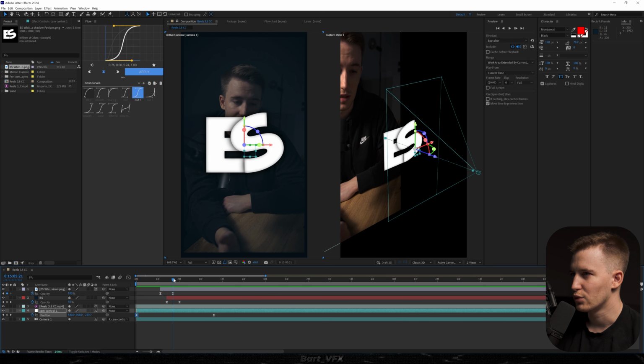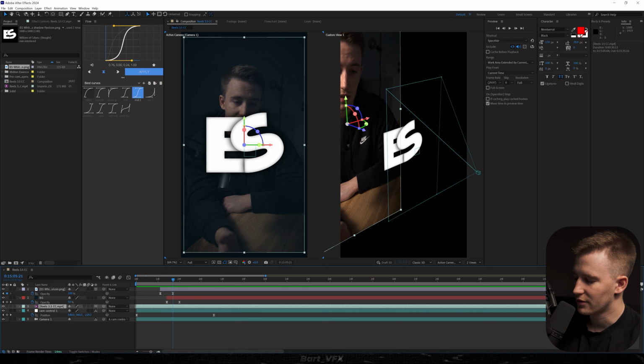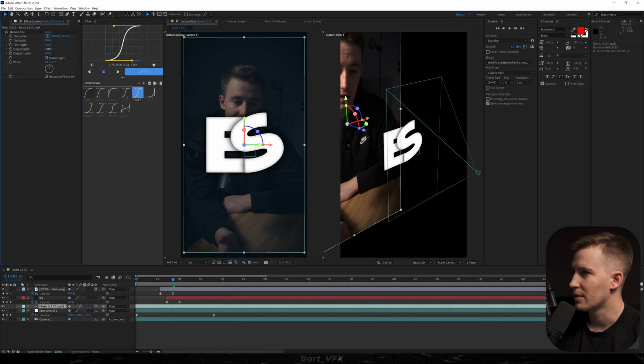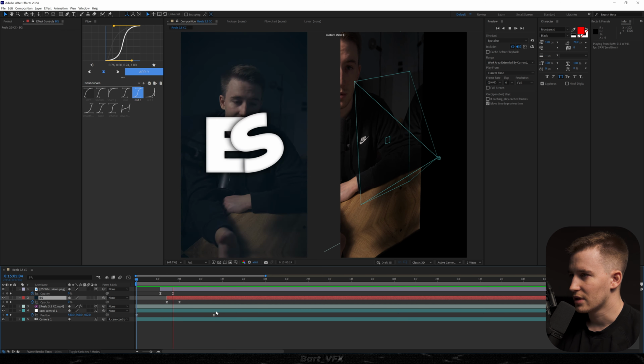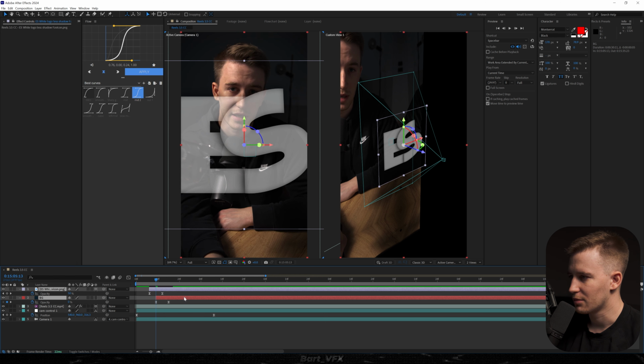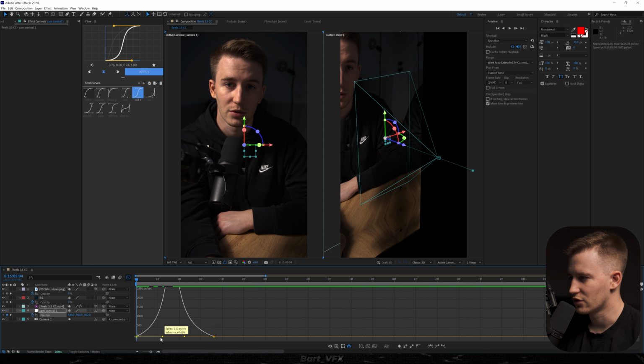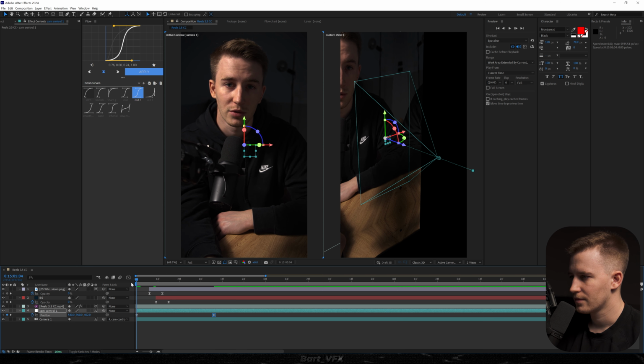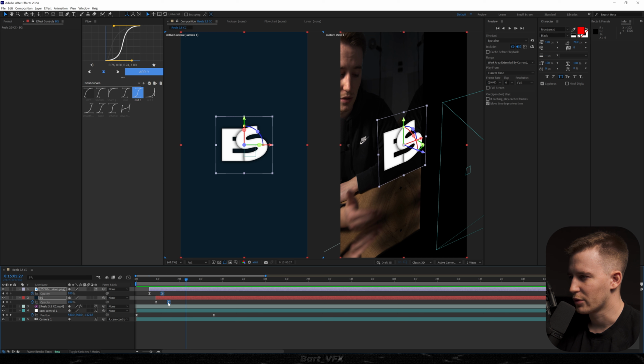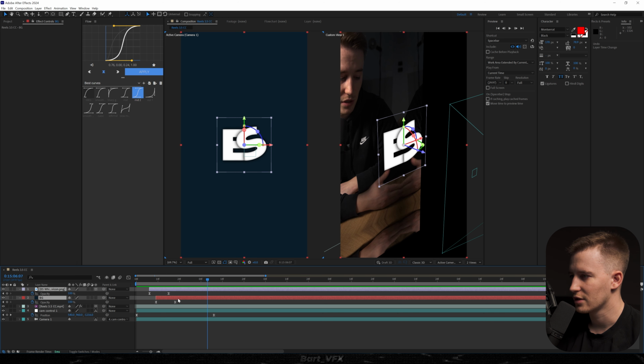The problem is that we got the harsh edges over here. So for this we could add motion tile effect, bump up the output width and height as well, and check mirror edges. So that's how it's looking. Let me play around with this a little bit. So I'm gonna put these layers here, then I'm gonna go to our graph editor and then we're gonna drag the peak more towards the left. So I'm looking at this, I feel like we could actually extend the movement and then drag these two layers